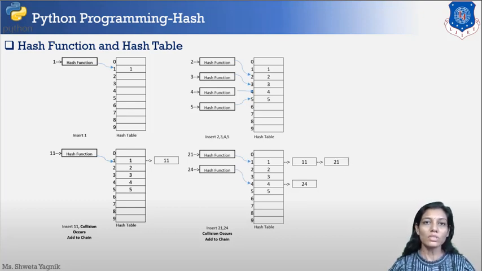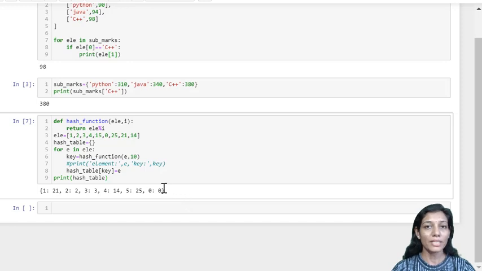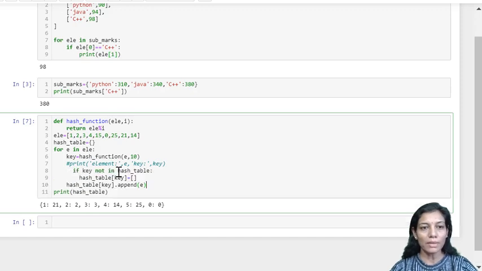Now we are going to see how to implement the hash function and chaining, and how to search our element. In order to implement separate chaining, instead of directly putting the element at this location, we'll be maintaining a list at a separate location. If the key is not in the hash table, that is, if the key is not present, then create an empty list.